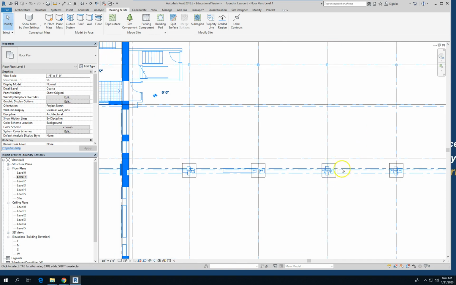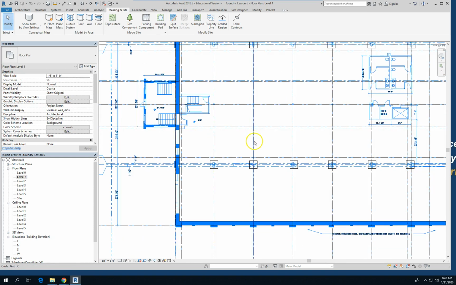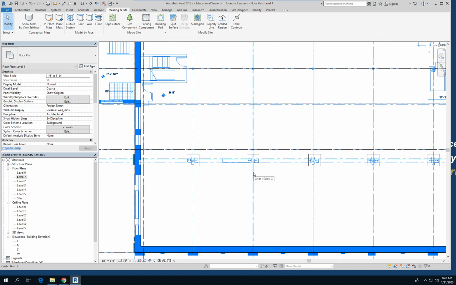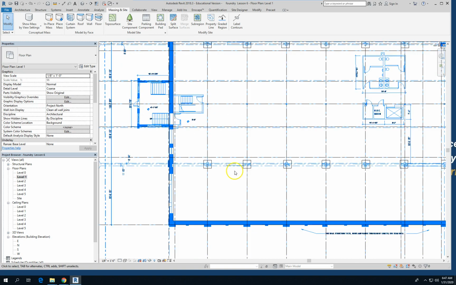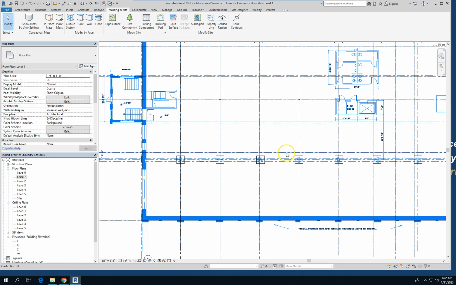And what I've done is genericized that cluster of structural elements to the intersection of two grid lines. It's important to understand when you're prototyping things, part of your job is to interpret existing conditions, anticipate what new construction is going to be, and